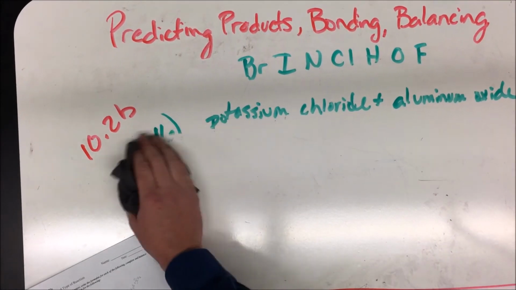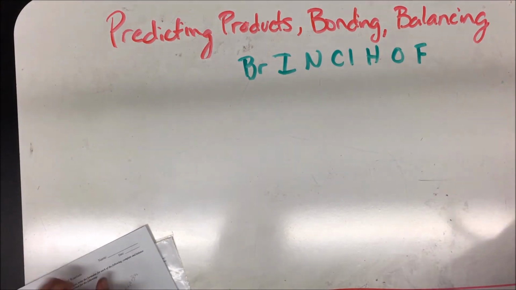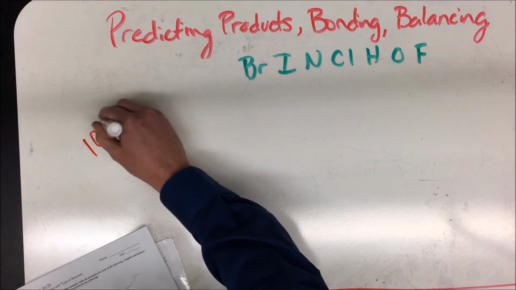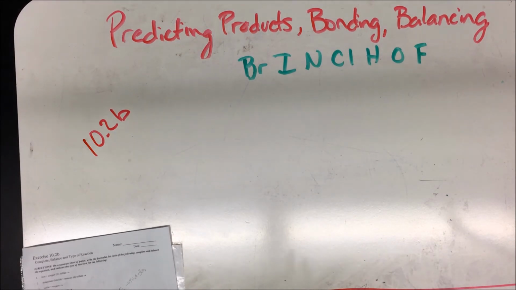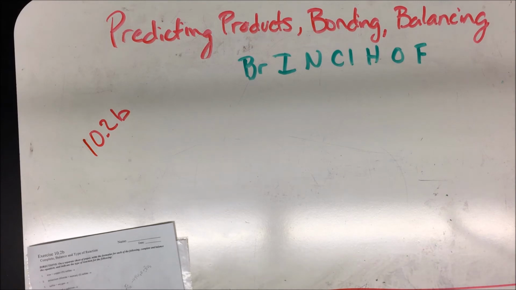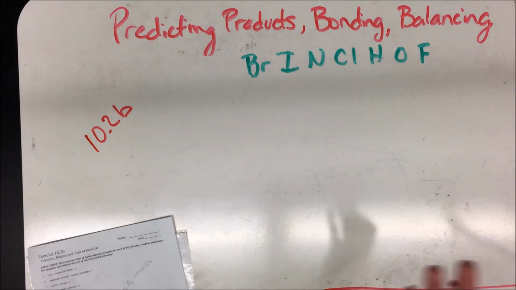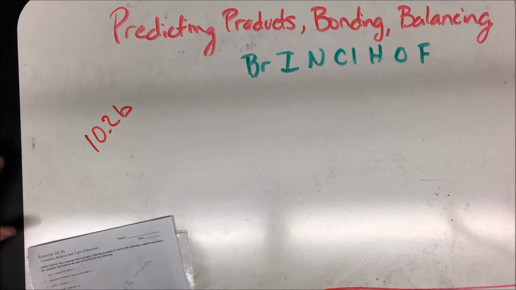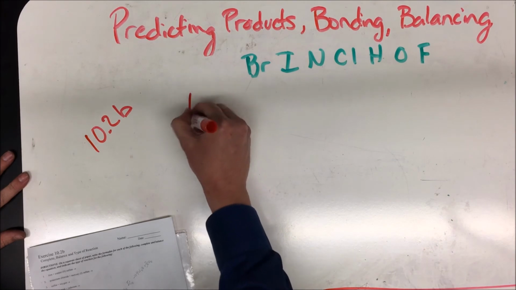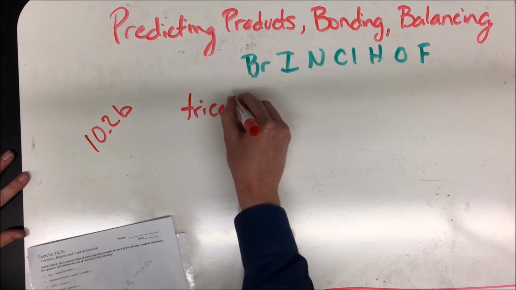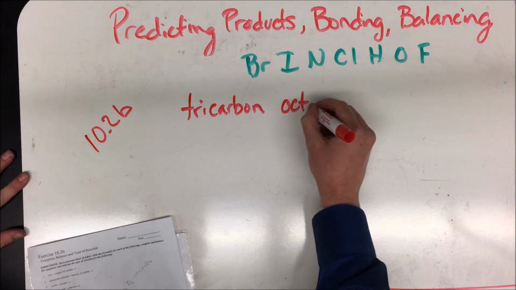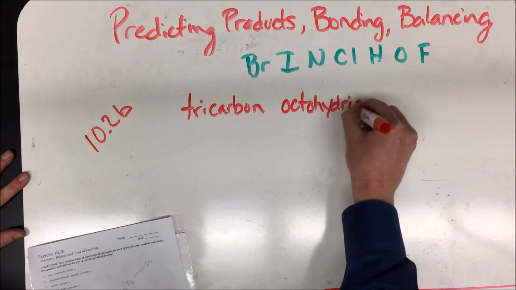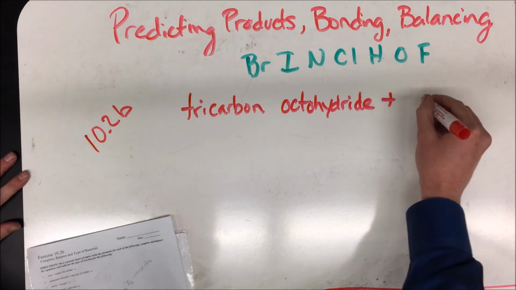All right, let's do another one. I'm actually going to do a combustion reaction because we don't see those very often. We see a lot of double replacement, single replacement reactions, but we don't see a lot of combustion reactions to go ahead and predict your products and bond and balance and all whatnot. So I'm actually going to say tricarbon octahydride plus oxygen